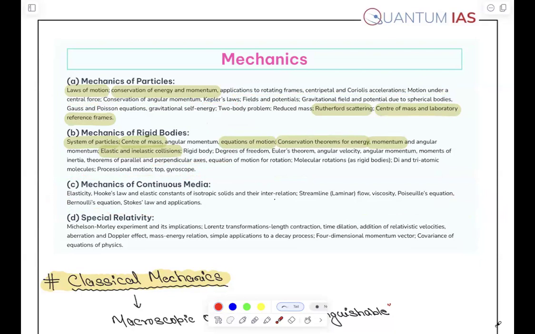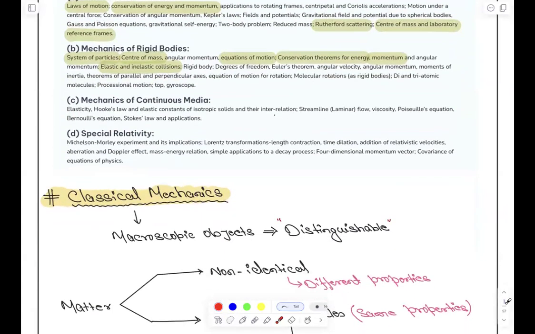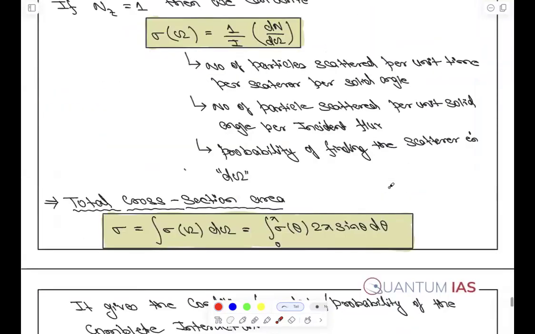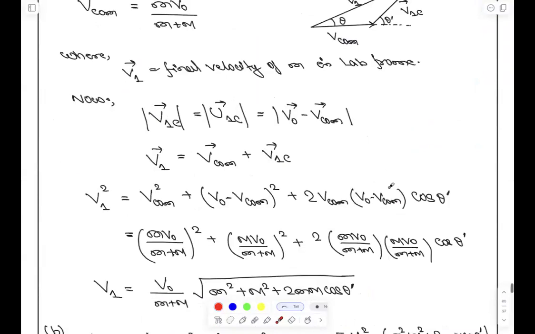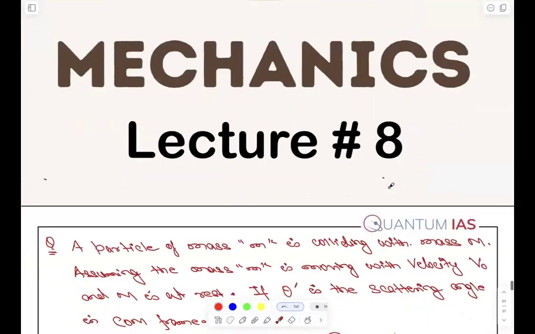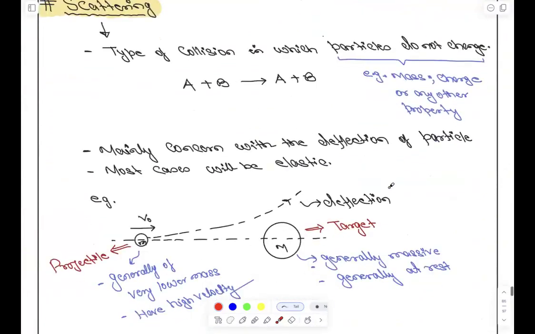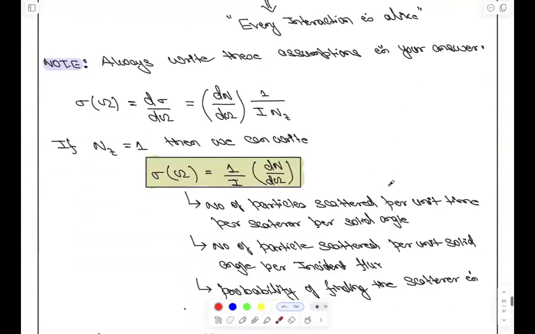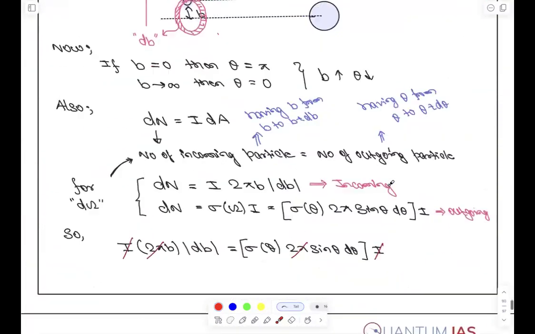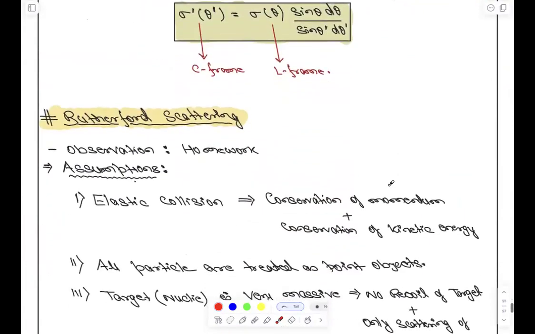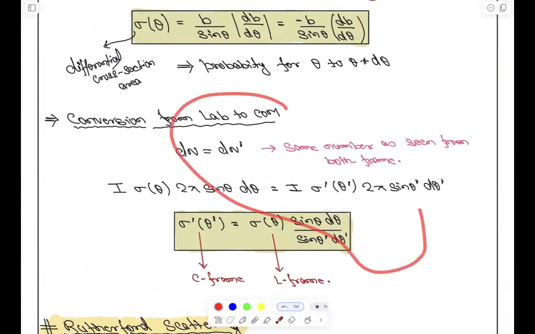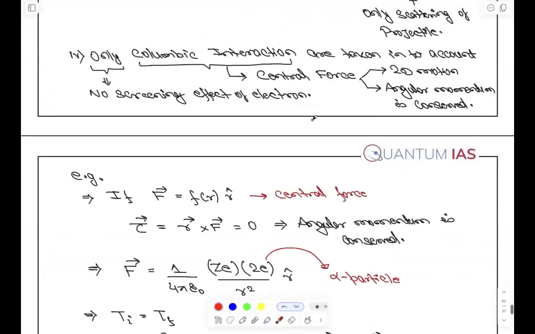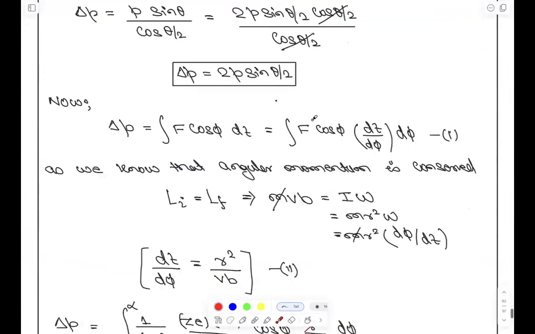ठीक है, चलो फटाफट रिवाइज करो जो भी हमने किया आज का। गिविंग यू 2 मिनट्स, रिवाइज एवरीवन। So mainly we have started with the scattering, then we have understood the concept of differential cross section. ठीक है, then we have seen the impact parameter, right? Then conversion. Based on this conversion from lab to center mass frame, I have very good question that we will be doing in the numerical session. Rutherford scattering, then we have started. चलो 2 मिनट दे रहा हूँ, जल्दी देखो, डाउट है तो।